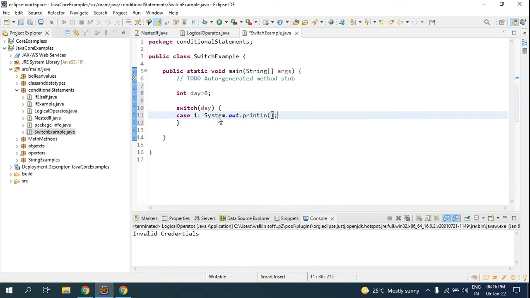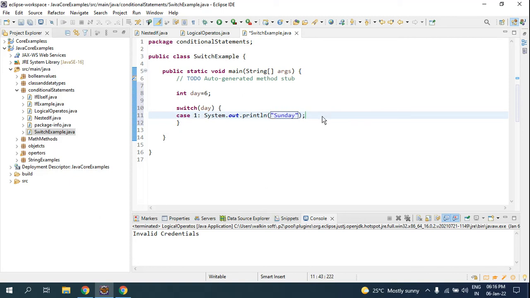Whatever the thing you want to do, you can do here. For now I'm using a print statement, but in your application, if you want to do some logic, you can use your logic or business code here. For now, just know that if it is case 1, I am printing out. Instead of printing out, if you want some logic to happen in case 1, you can give it out. So for case 1, I'll give the first day of the week as Sunday.